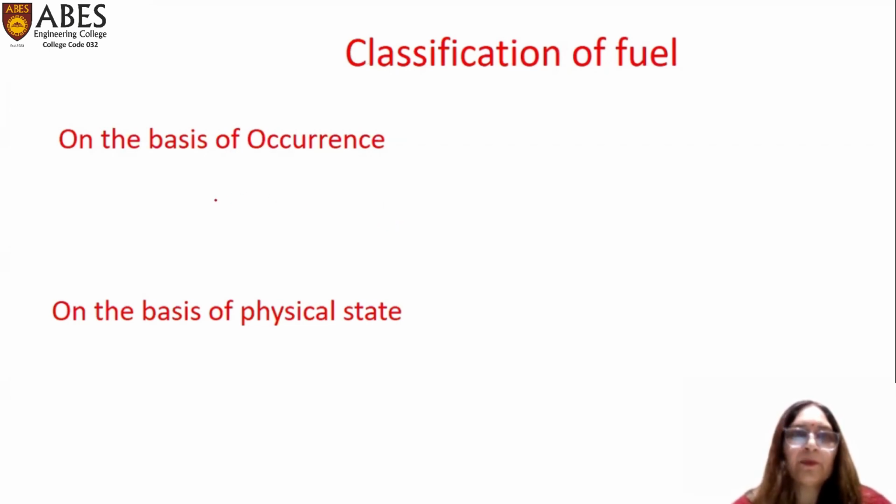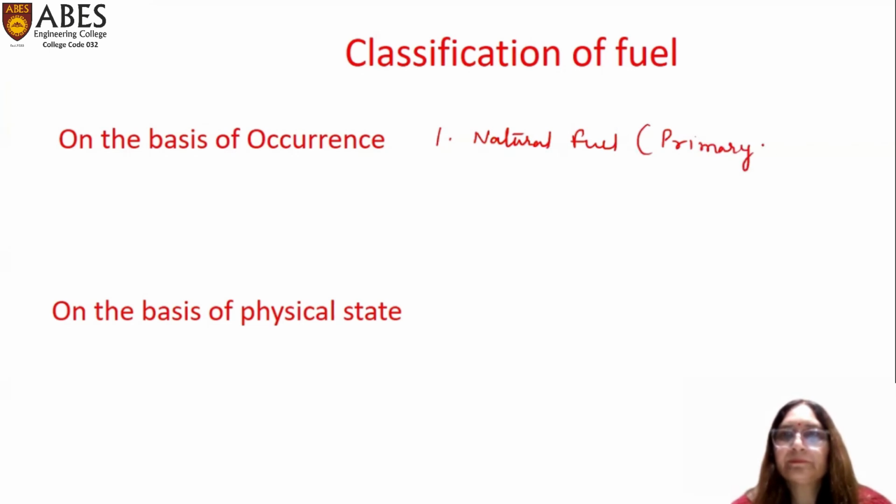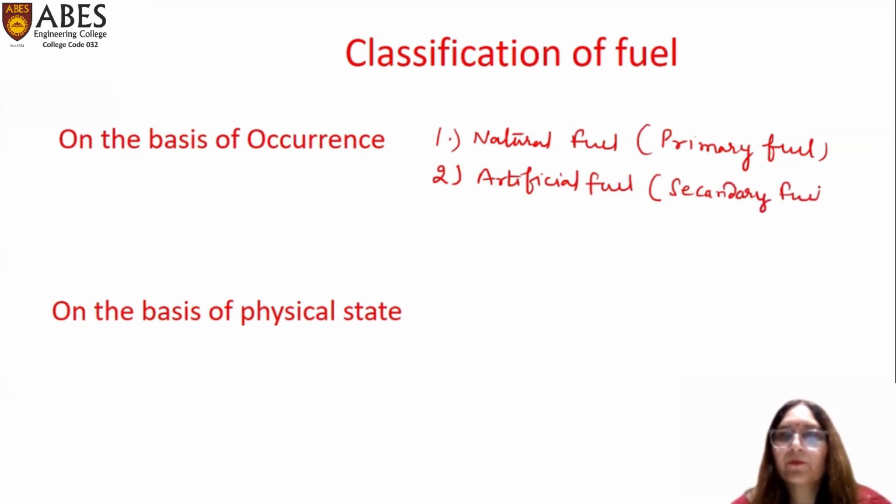Firstly, I'm going to discuss on the basis of occurrence. They are of two types. Number one, natural fuel, that is called primary fuel. And second is artificial fuel, that is called secondary fuel. Natural fuel means they are naturally present in the environment, or we can say primary fuel,